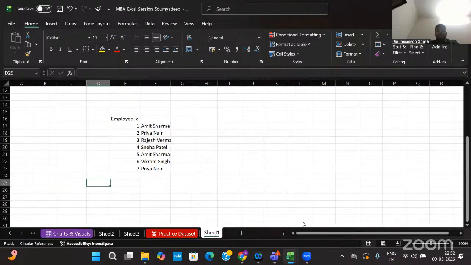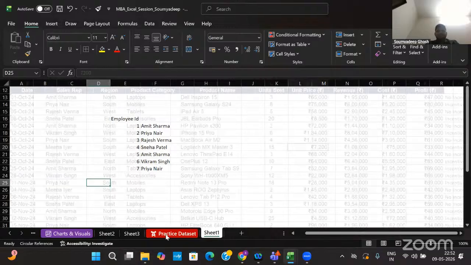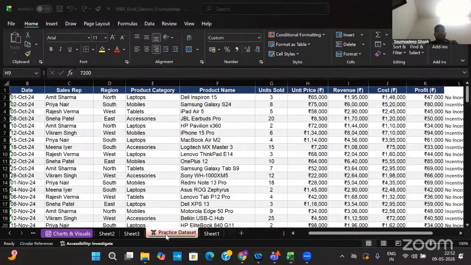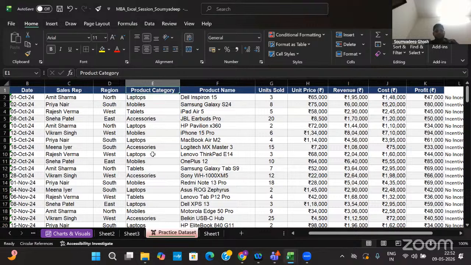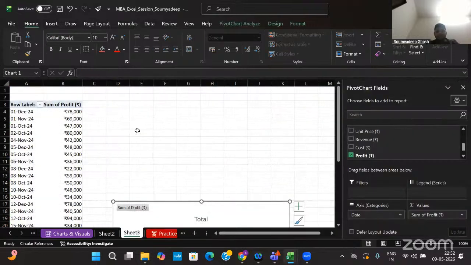Suppose I want to see the share laptop is giving and visualize it. How can I do that?